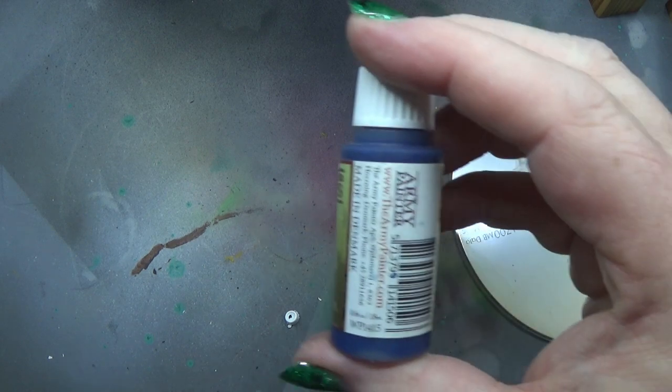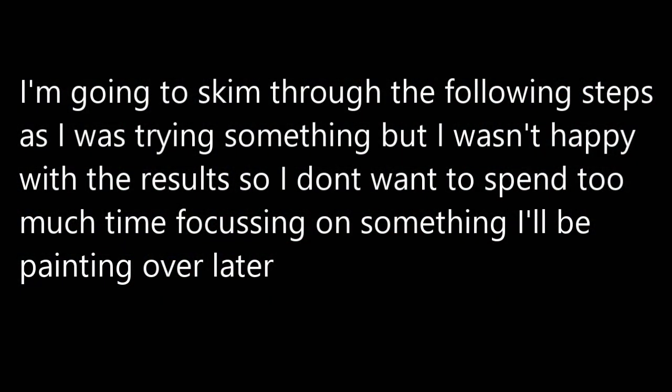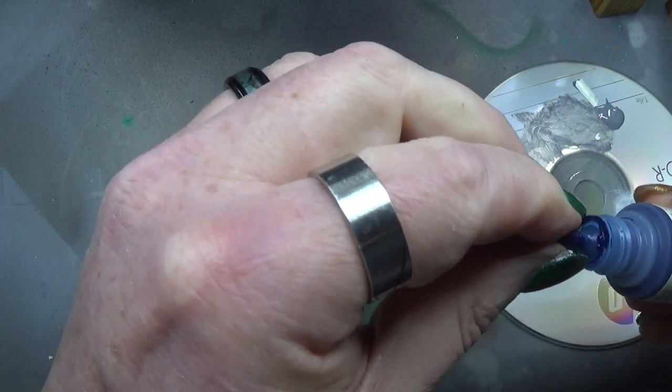Right, so that's them done. So we are looking for a dark colour. What's that one? Yes. Oh, that as well. Okay, so we're starting off with dark sky. I'm giving it a good shake, and oops,